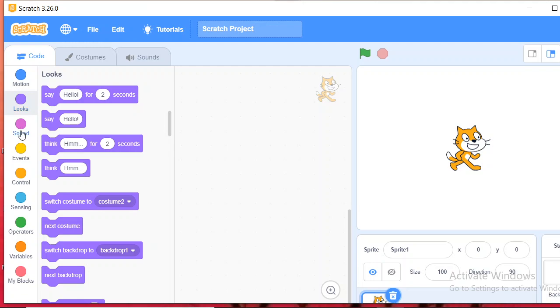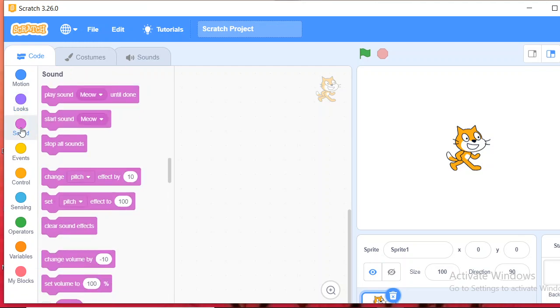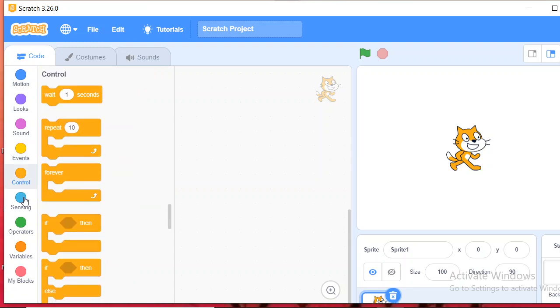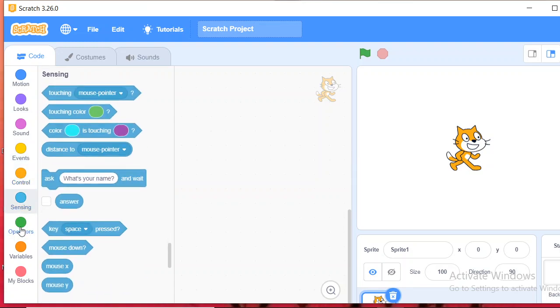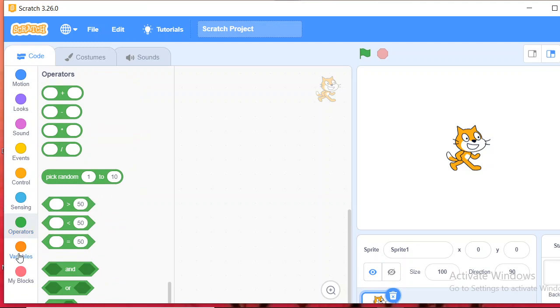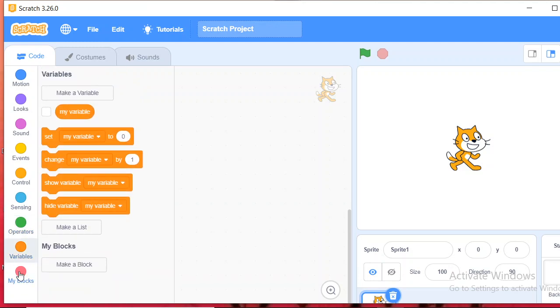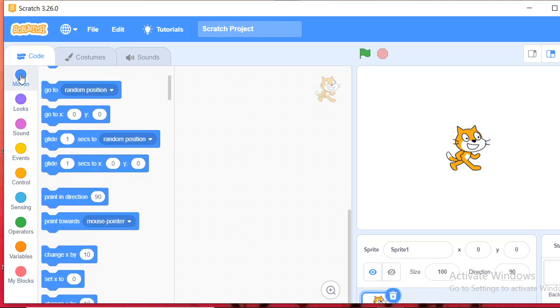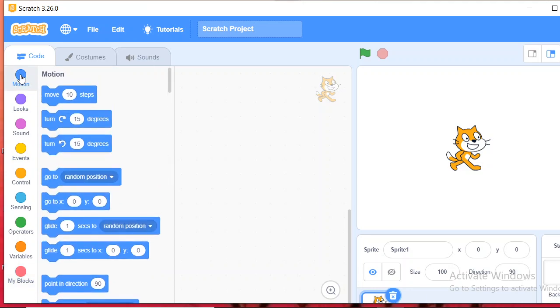Now looks block is this click. Now I click on sound block, event block, control block, sensing block, operators block, variables block, and last one is my blocks. So when we click on each block, we will get a variety of commands or instructions.